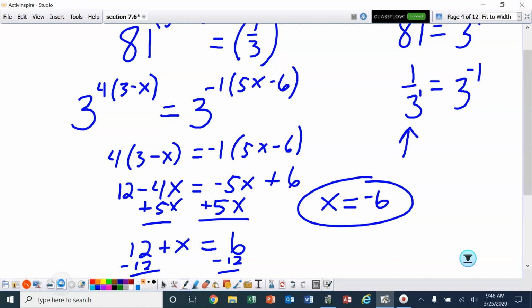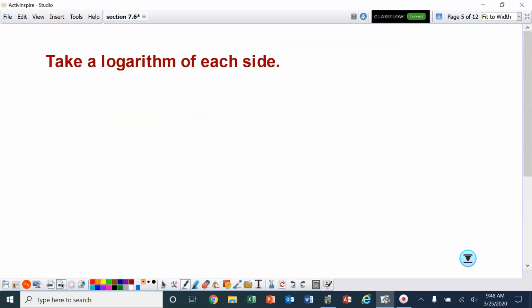All right, well, let's change it. So let's now look at how we can solve by taking a logarithm of each side. If you forgot how the logarithms work, you need to go back and watch those other videos. So let's say we have 2 to the x equals 5. Well, there's no way you're going to be able to convert just by looking at it,